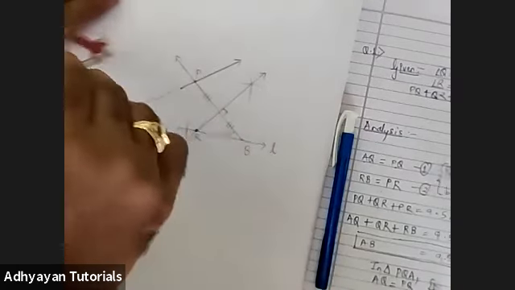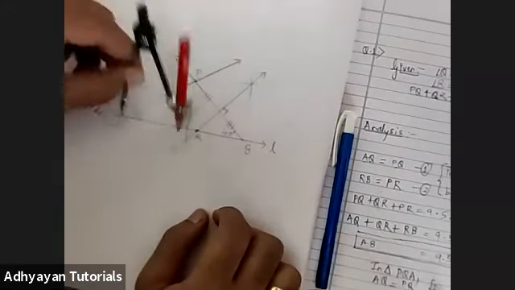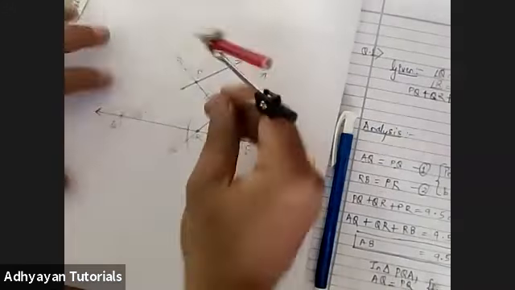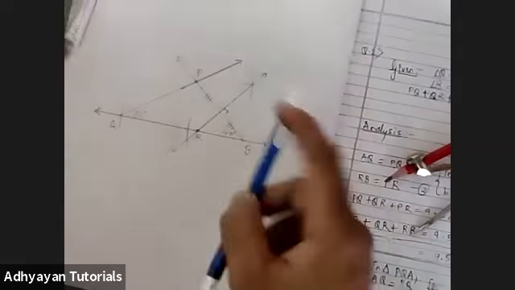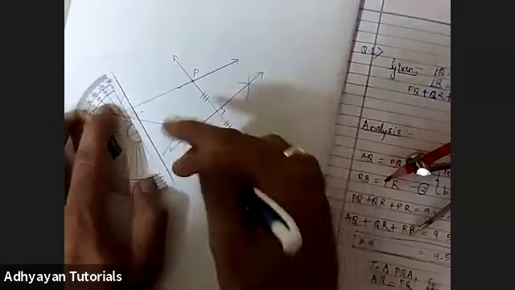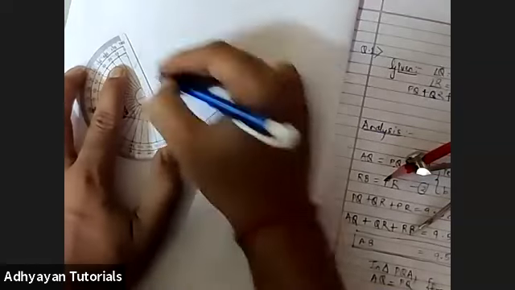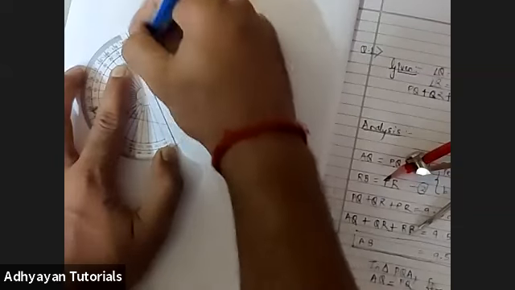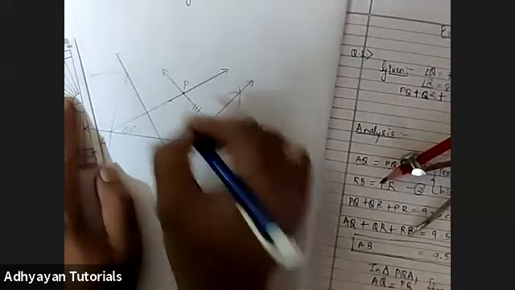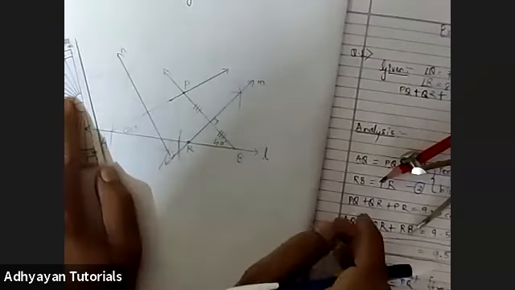So I've drawn a line here as well as here. And then I placed it here and I've got a point very close here. So this point is to be connected to this point. So I name this as M. I name this as N, right?